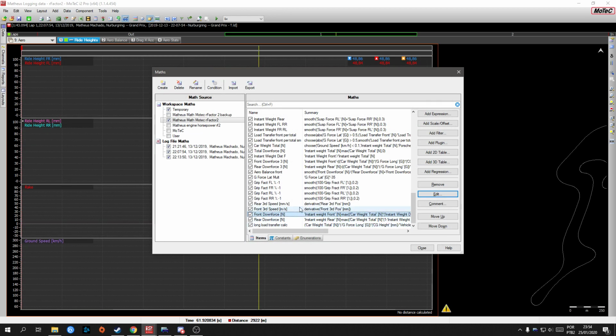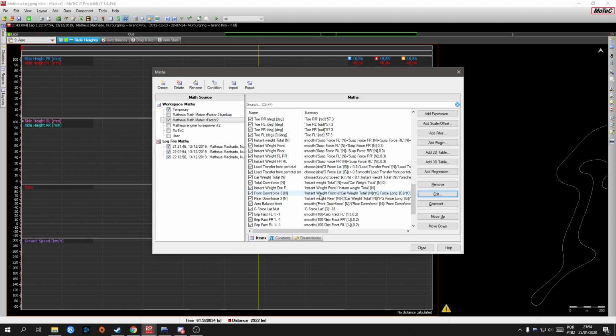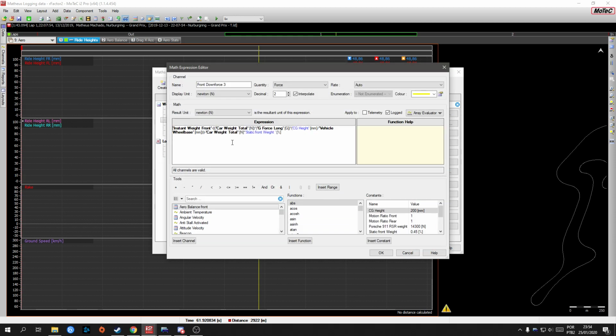And there is another way of measuring it, which is the front downforce 3 channel, which is the more complicated way. I already introduced it, I didn't remember that I had already introduced it. So here what I'm doing is basically the same thing, but I'm taking into account the load transfer generated by the fact that the car is accelerating in a longitudinal direction. So I'm pressing the throttle or pressing the brakes. So this more complicated expression is just to compensate for the load transfer under those circumstances,